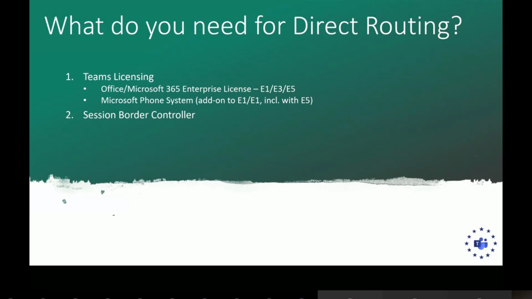You also need the session border controller. As I said, it can be in your broom cupboard or with a service provider, wherever you want it to be. You need a PSTN line, so if it's a physical SBC or gateway, that could be an ISDN line or E1, that kind of thing. Even analog lines will work, or it could just work with a SIP trunk from any number of providers.